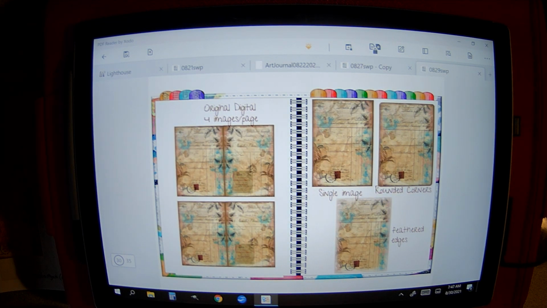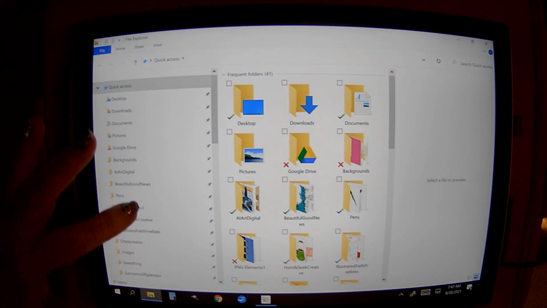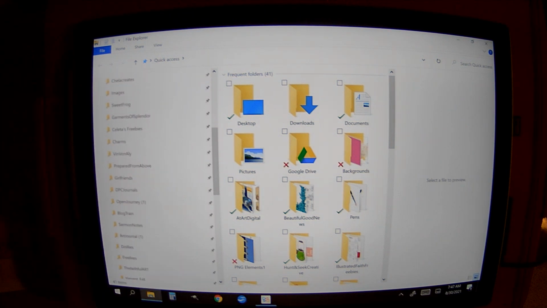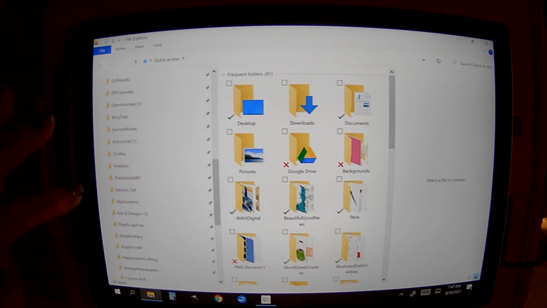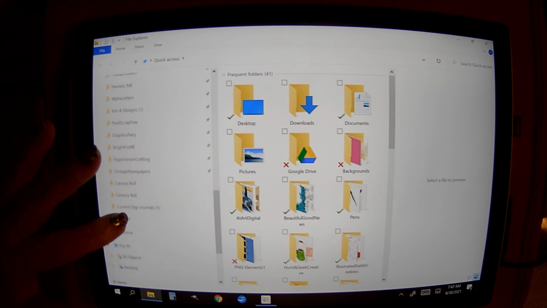So you want to load up your image that you want to use. And today we're using images from Freebies on my site. And I will put the link down below. So let me find,